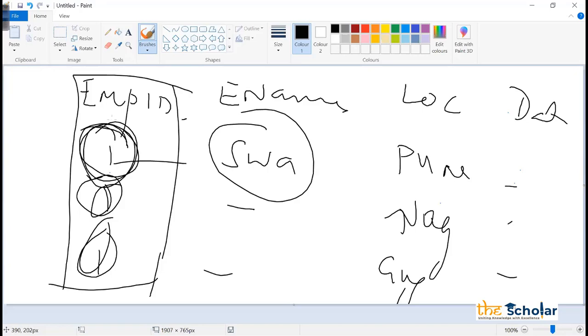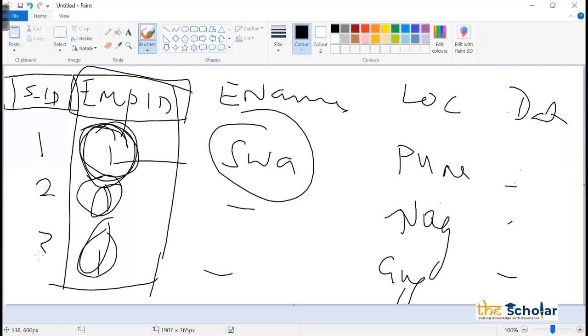So what I will do, I'll keep this employee ID as is. I will not make any changes here. I will create one more column, let's say S underscore ID. This S underscore ID is like a system generator, you can say a sequence. As and when a new record is inserted, this value will change. Let's say I'm making this start as 101, 102, 103. So it will increment by 1. We can set how much increment you want and all those things.